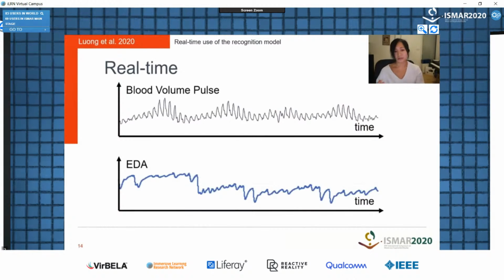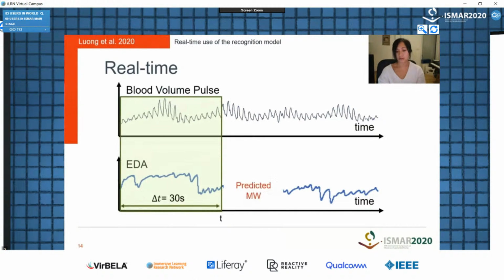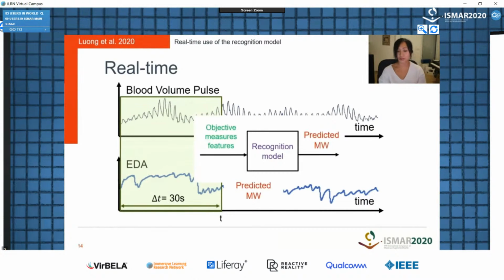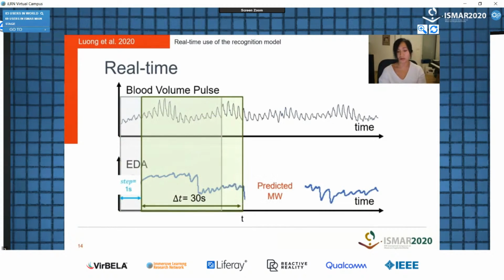So how do we do the mental workload recognition in real time? We used time windows of 30 seconds and extracted the physiological features during these 30 seconds. And we used these 30 seconds to predict the user's mental workload using the recognition model we trained earlier. We slid these windows using a 1 second step, so we updated the prediction of users' mental workload every 1 second using a 30 second time